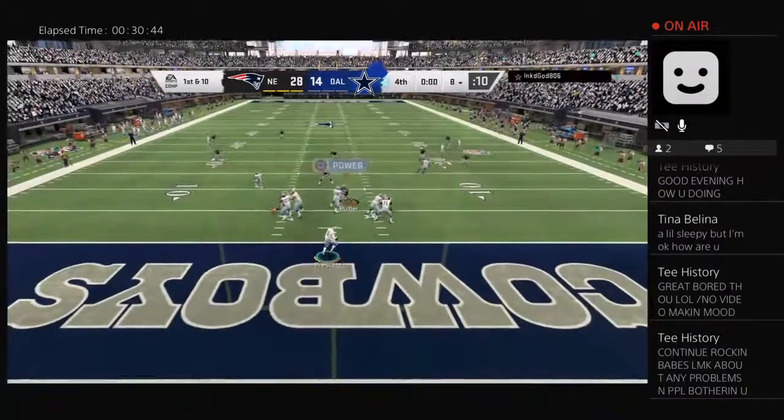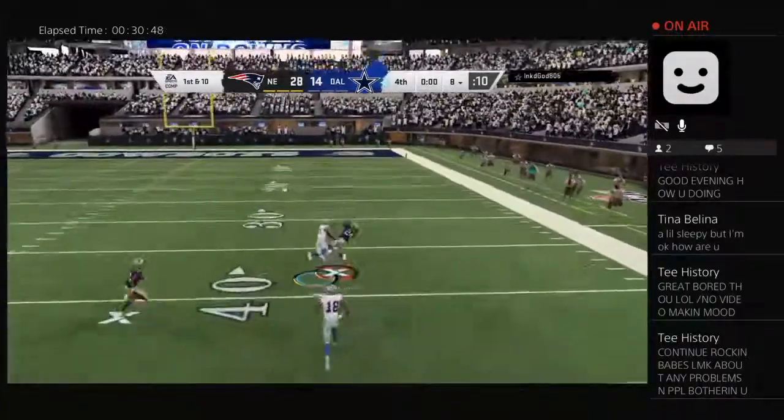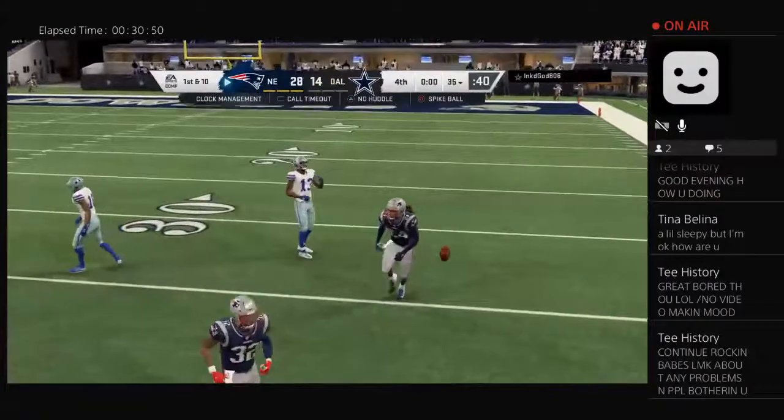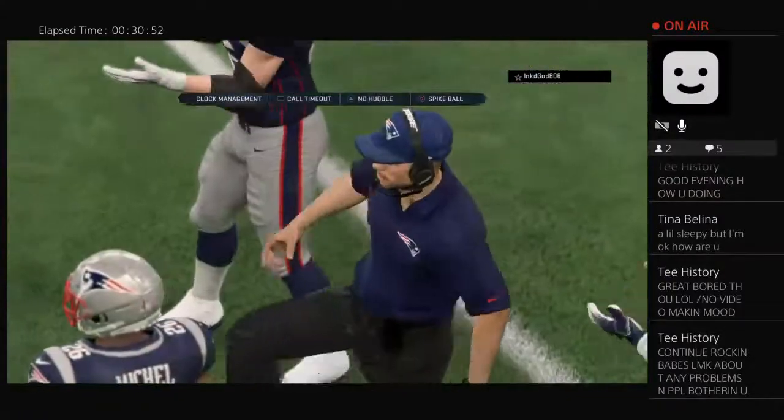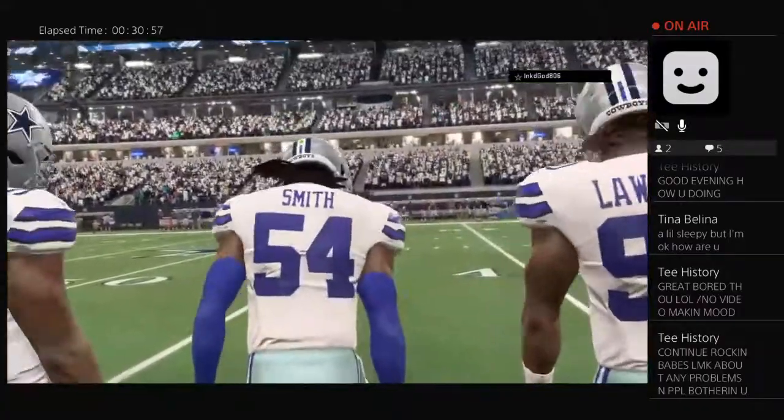One last shot now for Prescott. Now a desperation throw deep downfield. And this is intercepted, and that should do it. Picked off by Stephon Gilmore. So this will wind up a victory for the New England